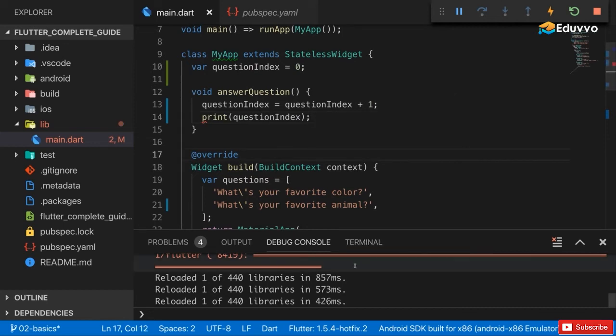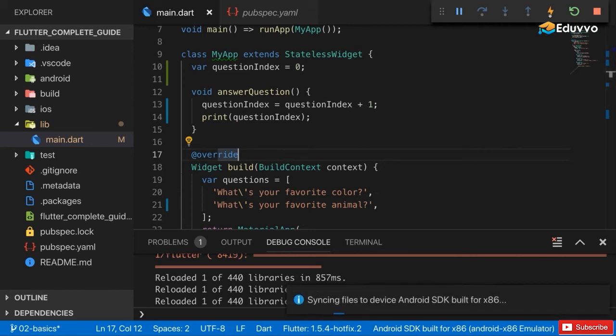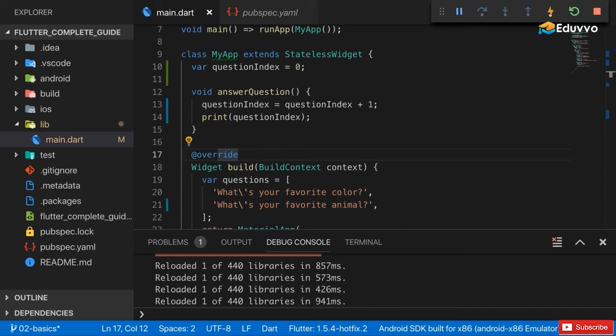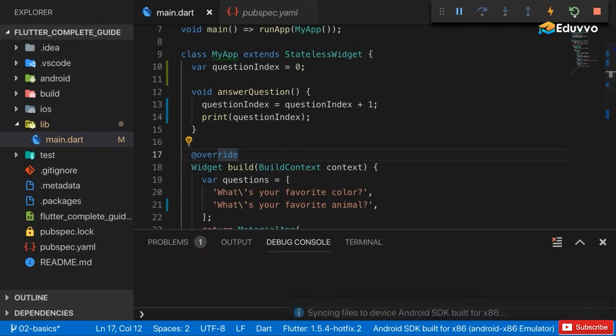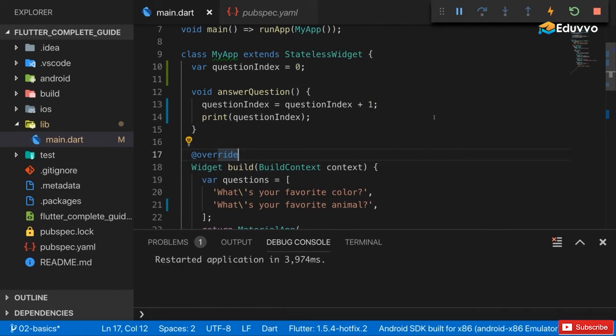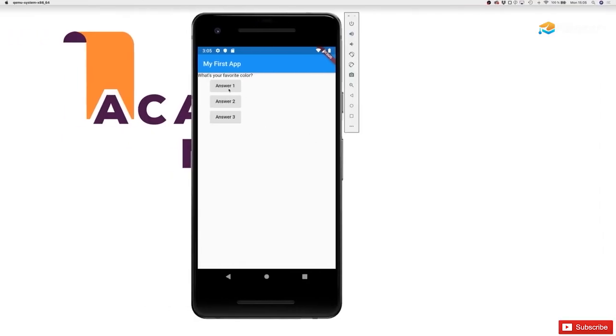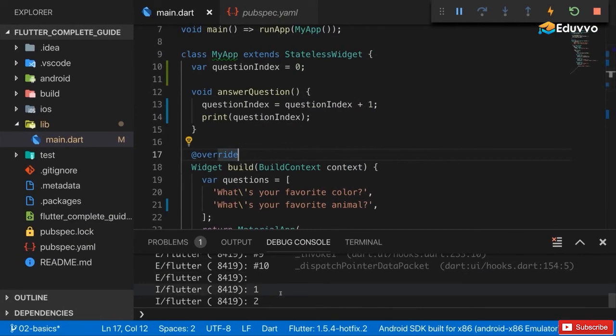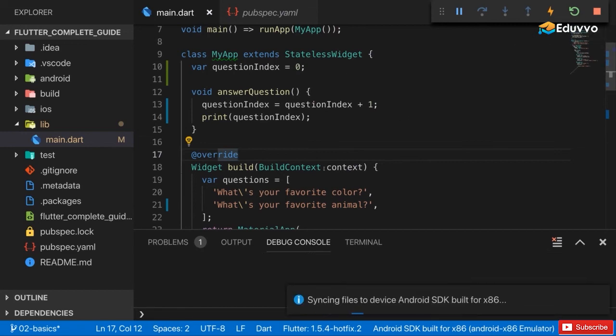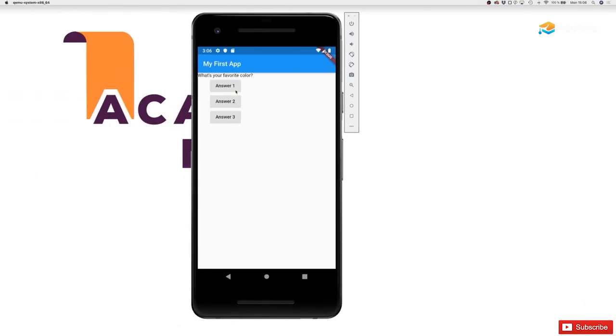If we save this, it should rebuild. You can always manually press that flash button here to do a hot reload, or if somehow your app got stuck, you do a hot restart to fully restart your app, which takes a tiny bit longer, but makes sure that you really rebuild your app with the latest piece of code. And now if I press answer 1, seems to work. If I go back, I see 1 and 2 because I pressed it twice. But let me rebuild this again to really prove that this only executes once. So if I now press answer 1,